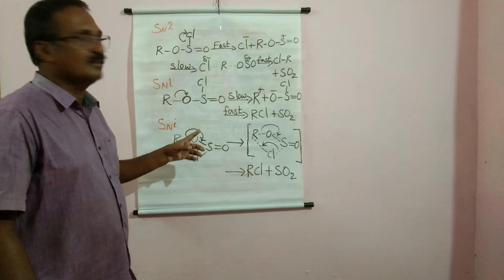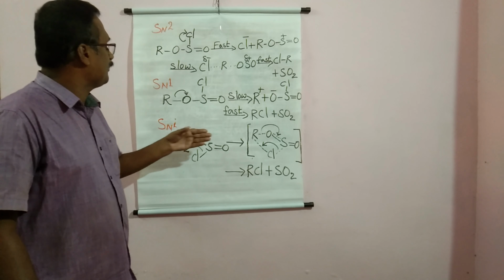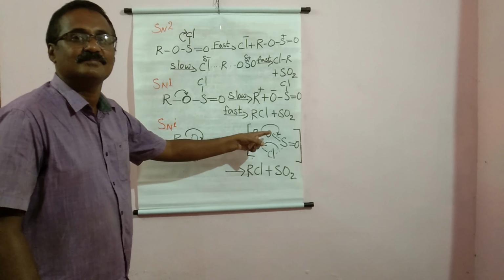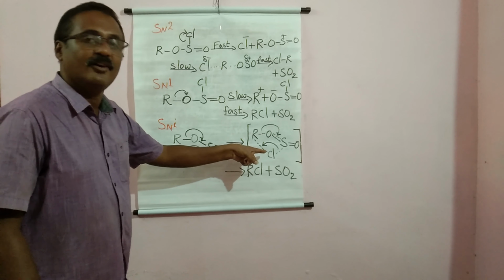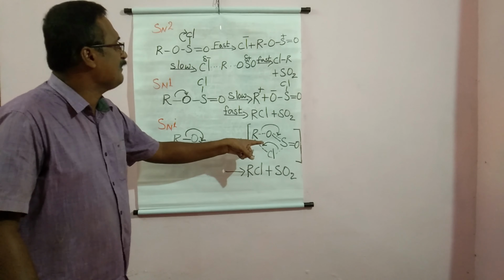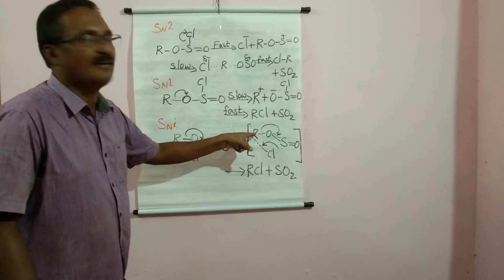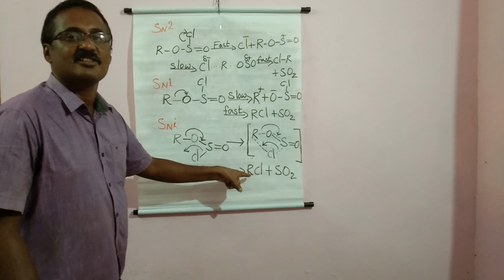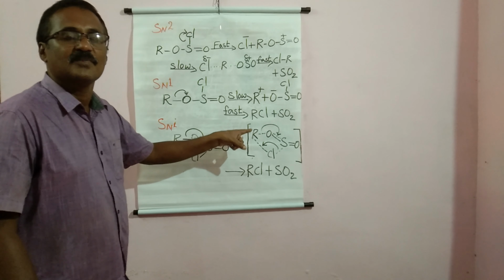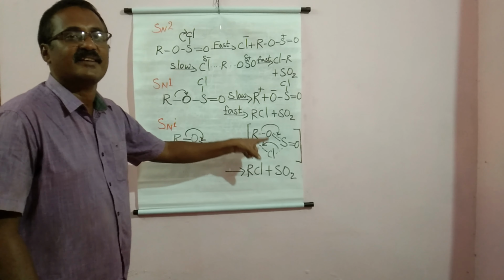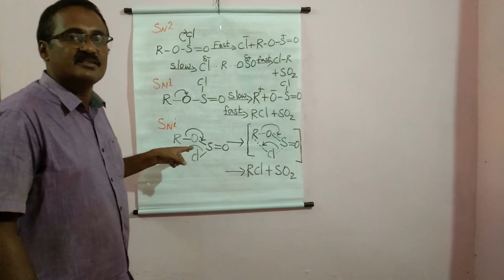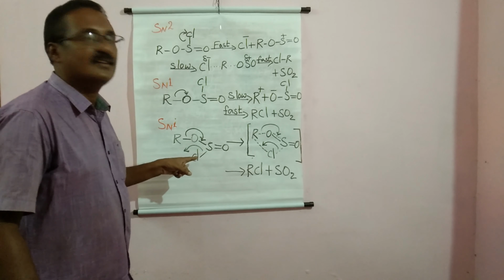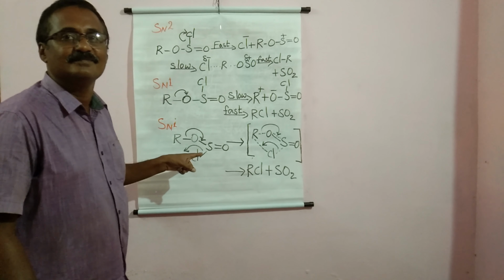So let us now try another type of mechanism for this reaction. A Front-side type mechanism. The chloride ion attacks on the same side of the carbon atom. So retention of configuration will take place. Actually, retention of configuration takes place in this reaction. So this reaction follows this front-side type of reaction, that is SNi mechanism. Okay.